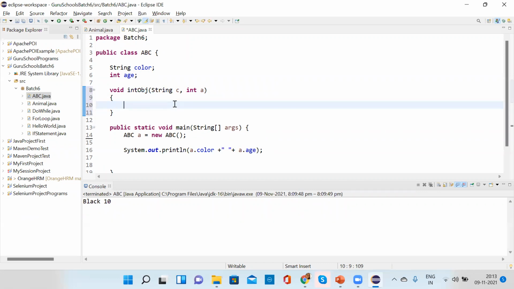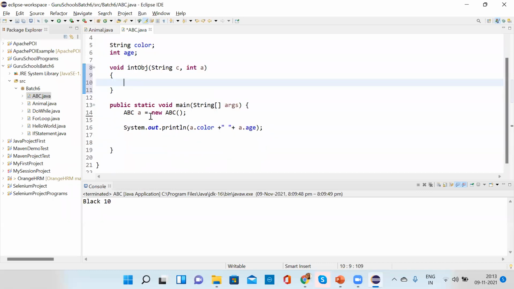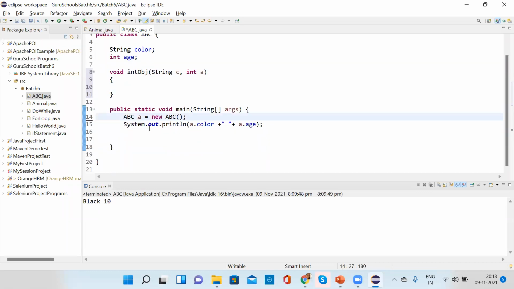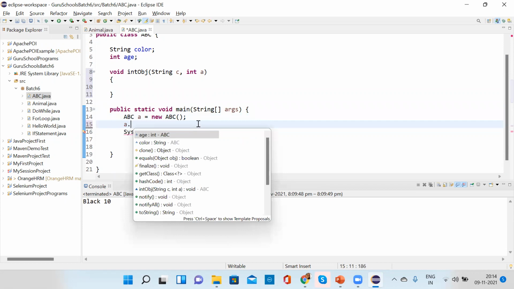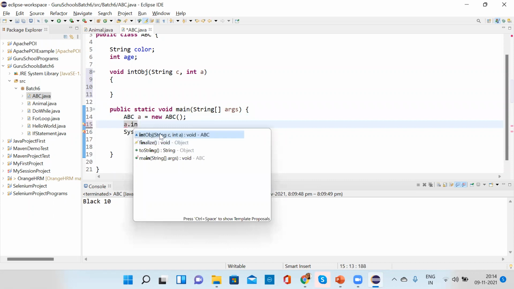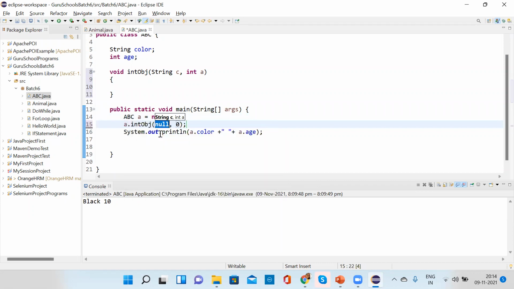So what I have to do here in the main method is pass the value. With the help of object a, I call this method, int method. As I pass the values to the method, I pass black and 10.